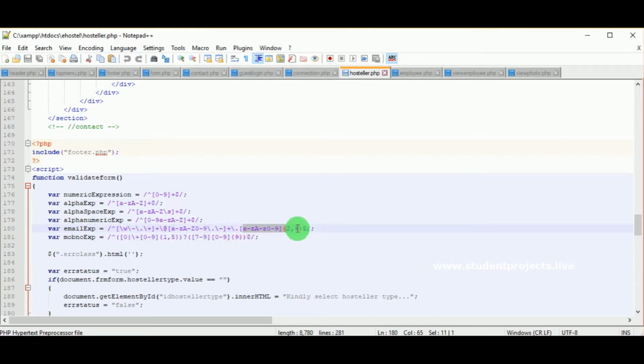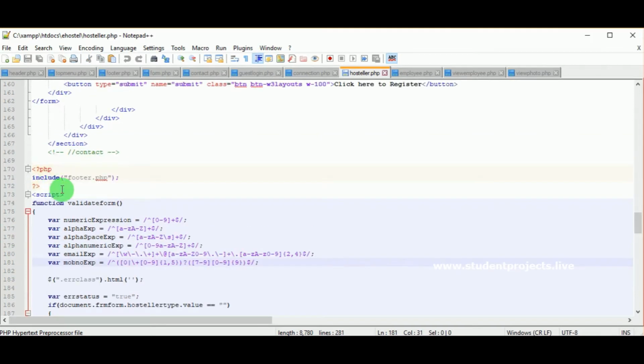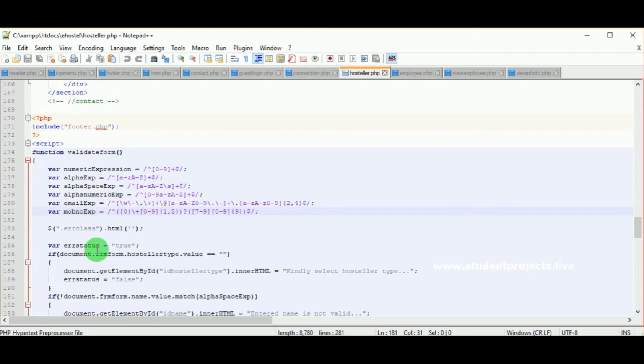That is the email expression. So next is mobile number expression. In the mobile number also there is some format to be followed, and that format is displayed here. If that format is not followed, then the error message or the warning message will be shown, and the form doesn't proceed.